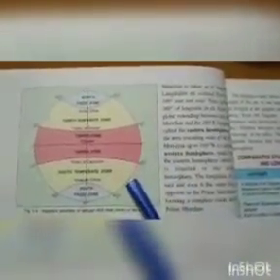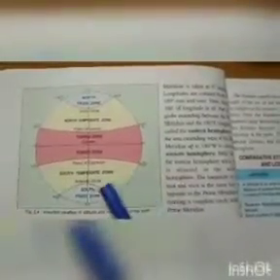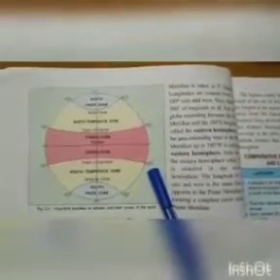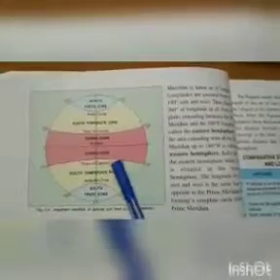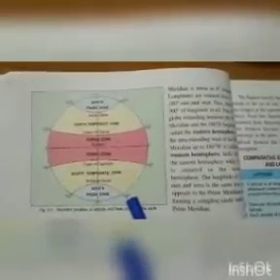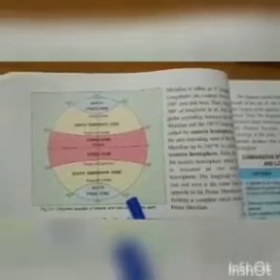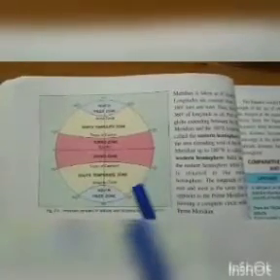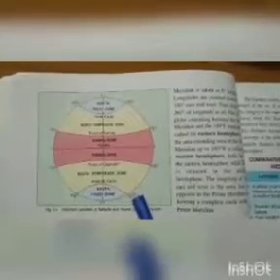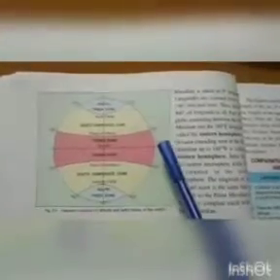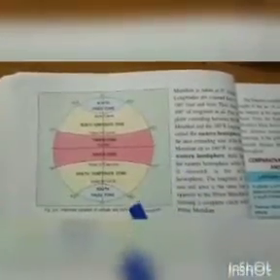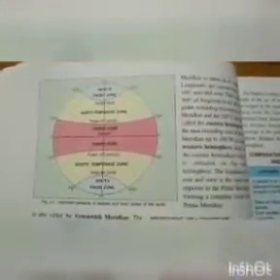Now come to the south of this Earth. This is 23.5 degrees south latitude. So this is your Tropic of Capricorn. This line is the Tropic of Capricorn. Then this one, 66.5 degrees south, is your Antarctic Circle. And this is your South Pole. So these are the Antarctic Circle, Tropic of Capricorn, Equator, Tropic of Cancer, Arctic Circle. These are the important parallels of latitudes. Clear?